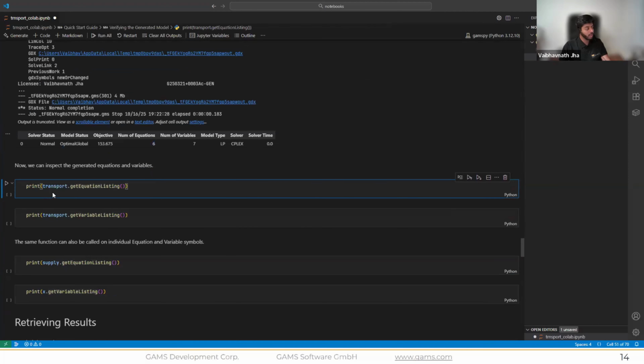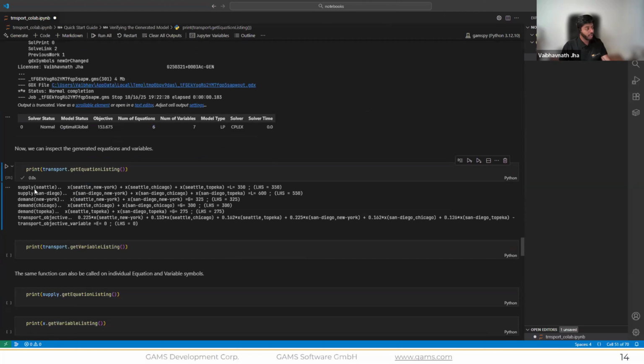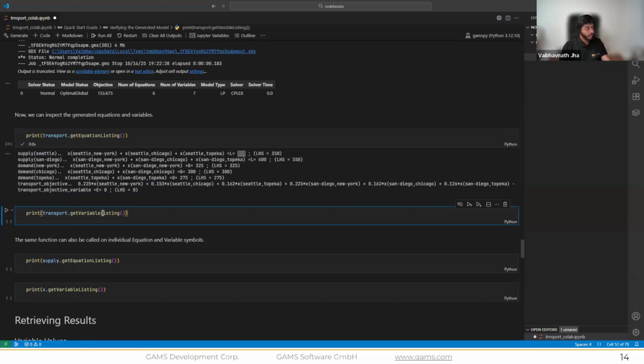If we call this on the transport object, we can inspect each equation in the model. You can see the supply equation, the demand equation, and the objective itself. You can verify the coefficients, the right hand side and the left hand side. We can call get variable listing on the transport object again.